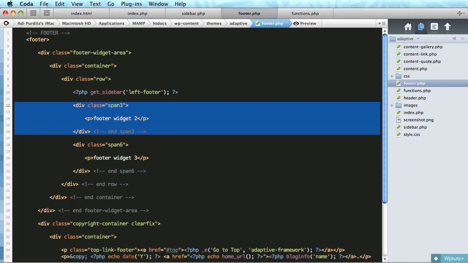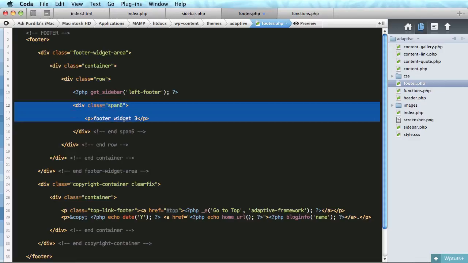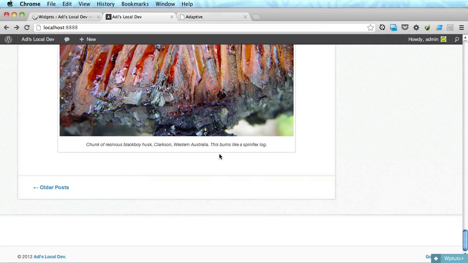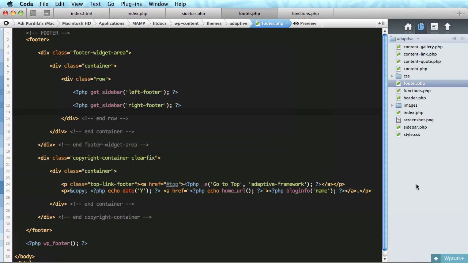And I'll do the same for this one. Yeah, right footer. Okay, so we're loading left footer and right footer. But if we take a look, it's not loading anything in the page because we don't have any file that could load. So let's create a new one, and we'll call this sidebar